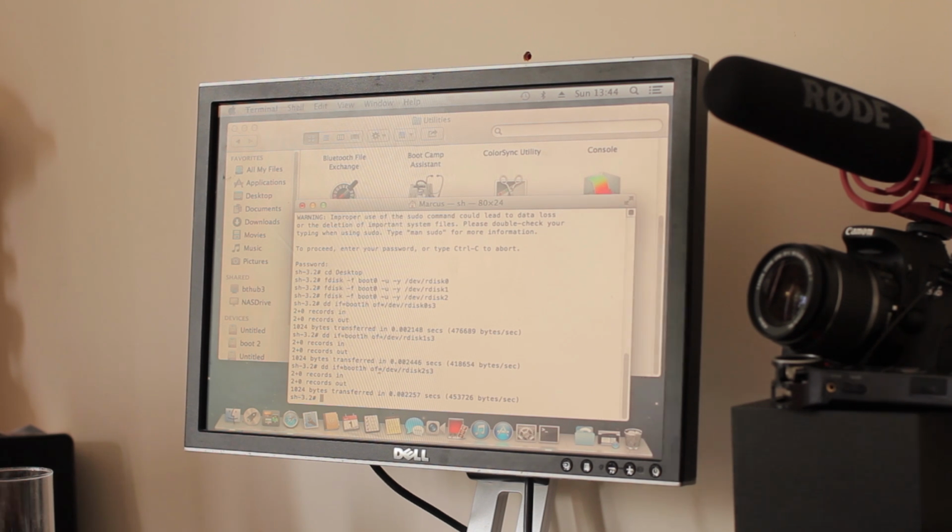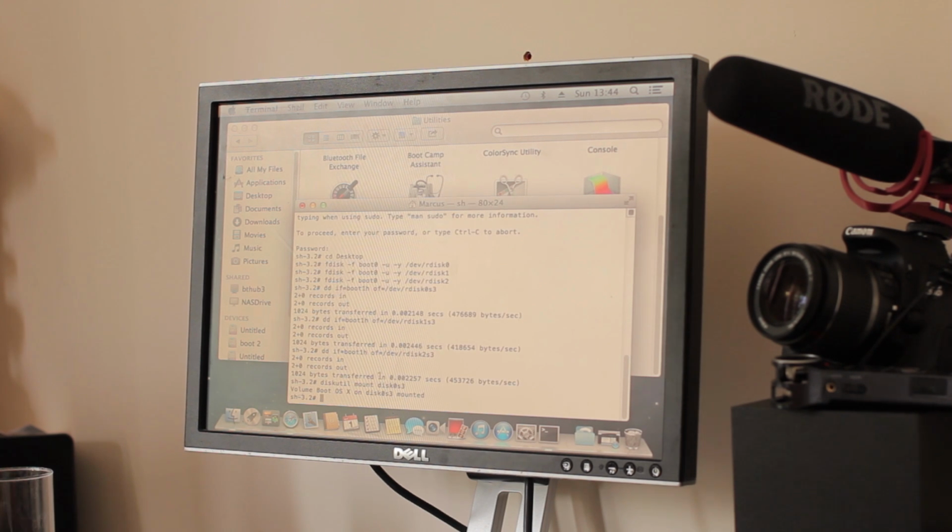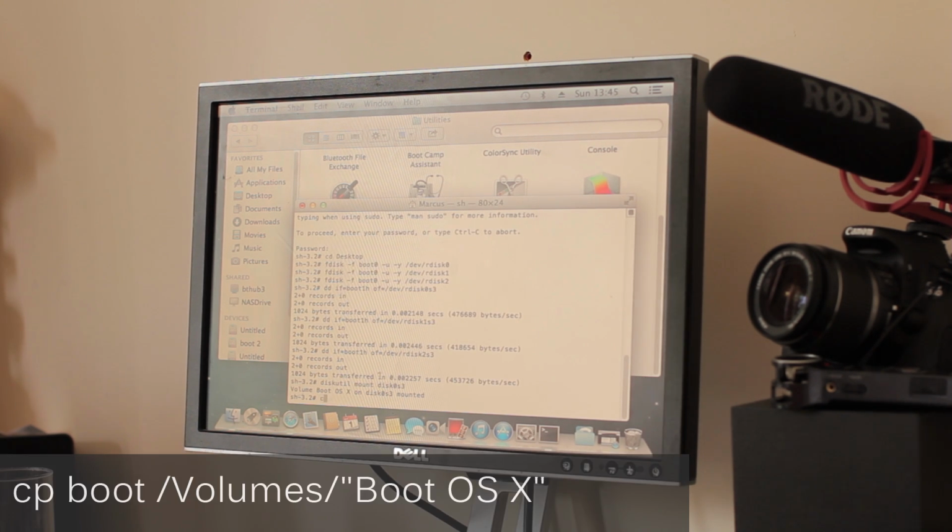So you type in diskutil mount, and then the partition identifier, which is disk 1 or disk 0 s3, so mount disk0s3. This is going to be a lot of just typing here, so you need to put in cp space boot space /Volumes/, quote marks, which is in a different place on the Mac keyboard, boot OS X, quote mark,